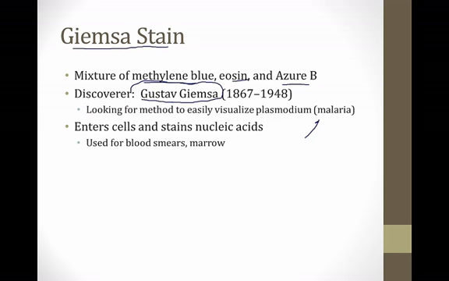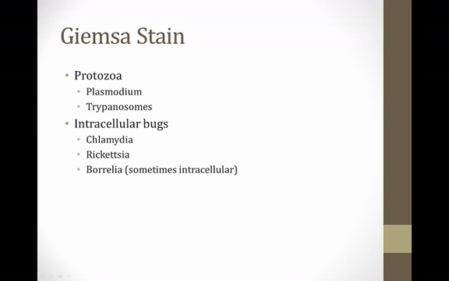And if you can remember that, it's an easy way to remember that the Giemsa stain is most useful for intracellular findings. In addition to infectious disease reasons, we often use it as a stain for other things like blood smears and bone marrow because it'll get inside the cells and stain the nucleic acids. From an infectious disease standpoint, though, you can just remember that the Giemsa stain is used for protozoa like Plasmodium